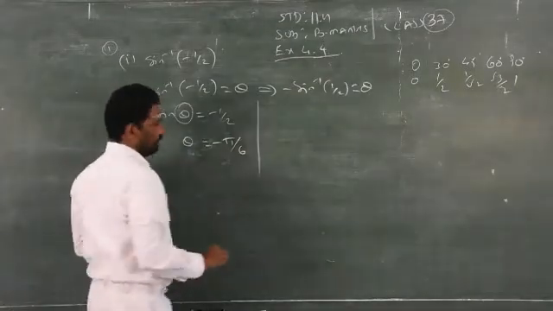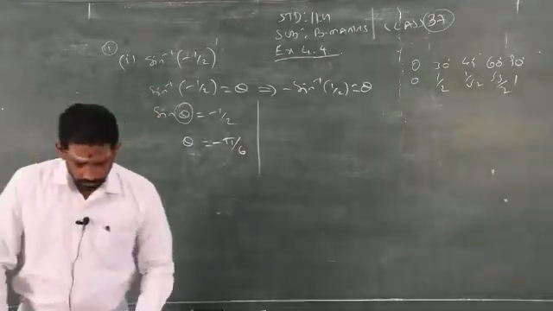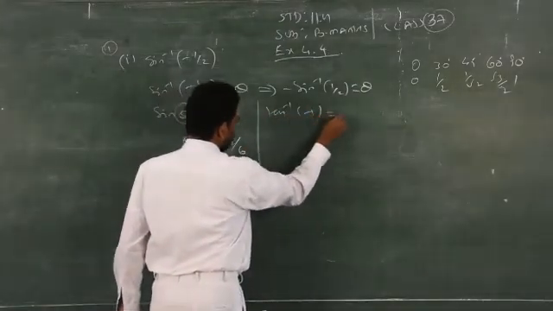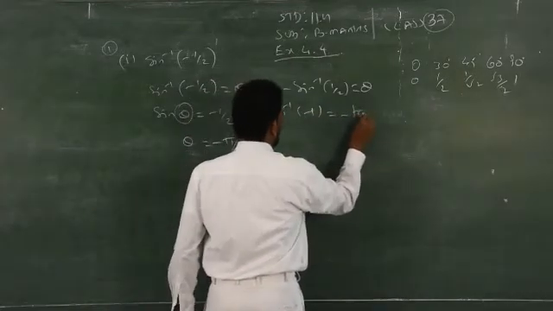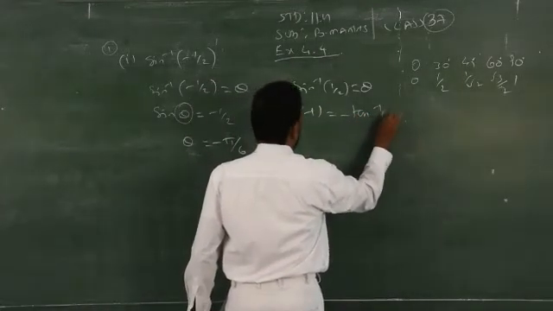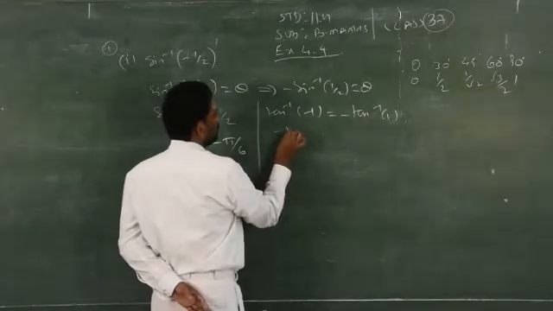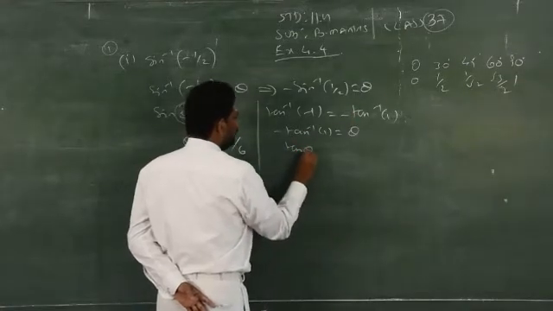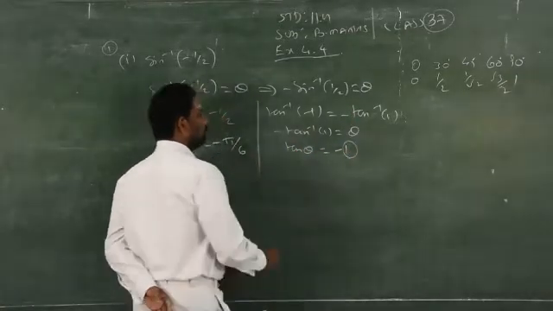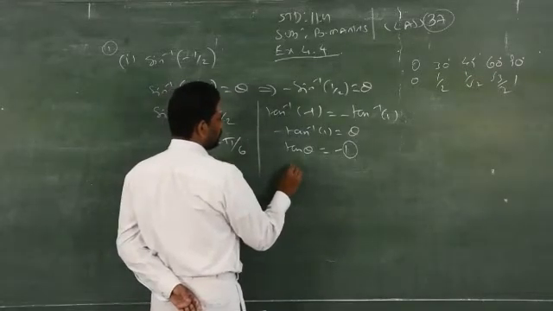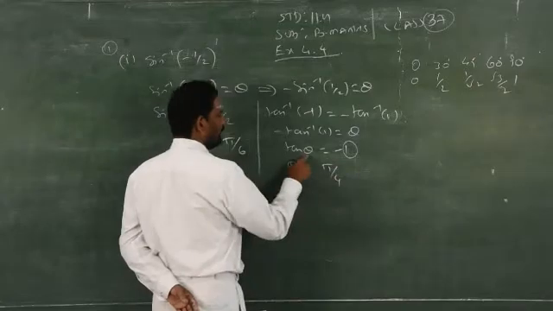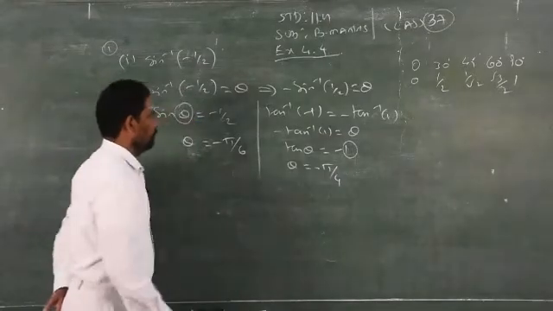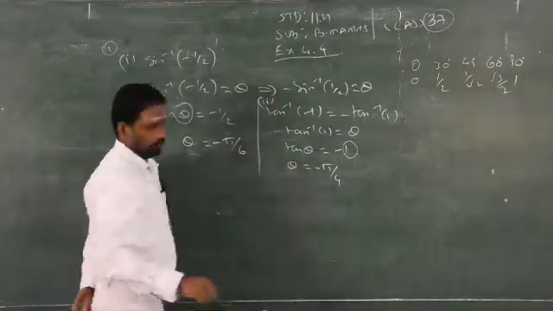Clear? Similarly, go for the second sum of the same x, the tan inverse of minus 1. Tan inverse of minus 1, again this is an odd function, so minus tan inverse of 1. So just consider minus tan inverse of 1 is equal to theta. Transfer that, we get tan theta is equal to minus 1. 1 will be denoted by tan theta, that is theta is equal to pi by 4. Tan pi by 4 is 1. From the table column you should know that the answer is minus pi by 4. This is the second subdivision of the same Roman number.